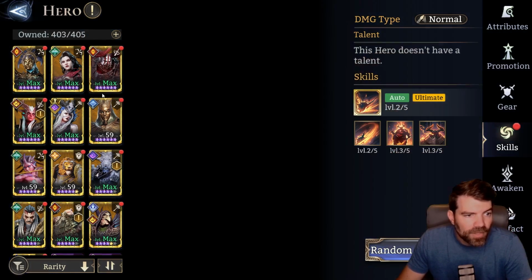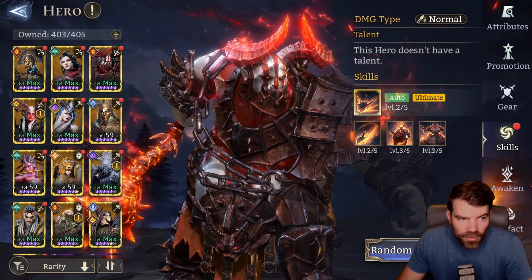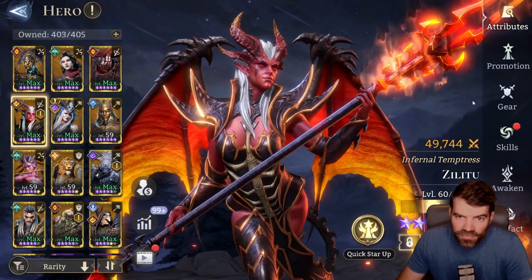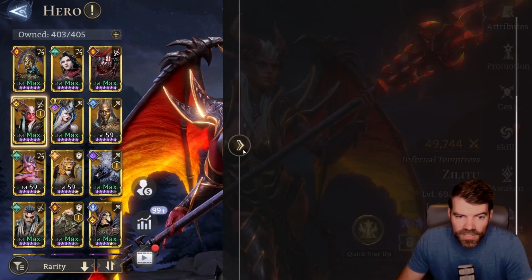So, okay. Now let's move to fighters. Fighters are interesting because they can block, but they also deal good damage. Some of them have range, some of them don't. So there's a lot of different ways to build them. Some deal magic damage, some deal physical. So, for example, Zillatu, she has...